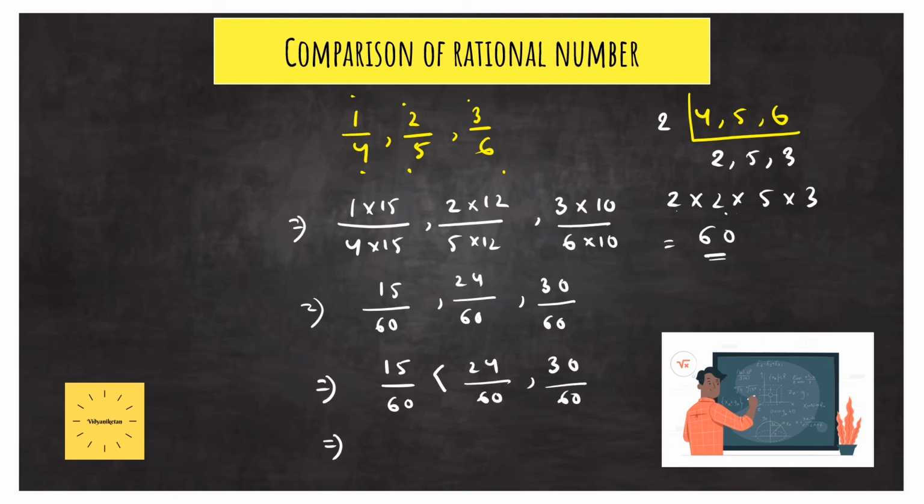And obviously remember, you cannot keep the result in this form. You need to write it in the normal form. So 1 by 4 is less than 2 by 5 is less than 3 by 6. As you can see, this is the normal thing. Again, in the first process you can take 3 by 6 to be 1 by 2, and then the denominator would be 2. So in this way the complete thing is done.